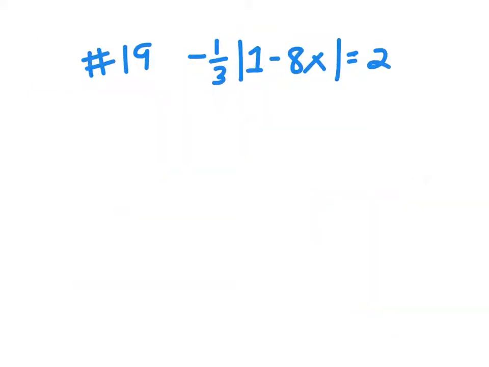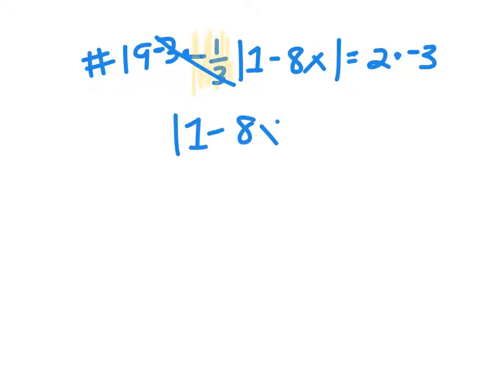And the last one I'm going to do is number 19, because it's the only one that we had to deal with fractions. And so I know that before I can make my two equations, I've got to get rid of this negative 1/3. And I know to get rid of a fraction, I multiply by the denominator. I'm actually going to multiply by negative 1 though, since it's a negative 1/3, or by negative 3 to both sides. So that cancels the negative 1/3 out in front, and I'm left with 1 minus 8x is